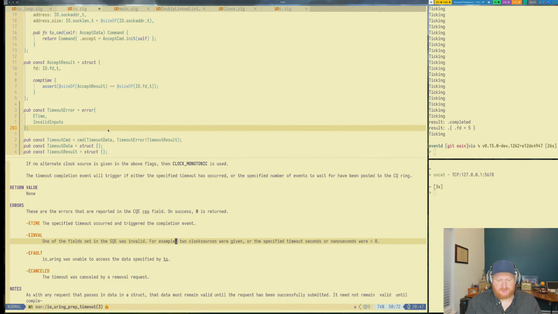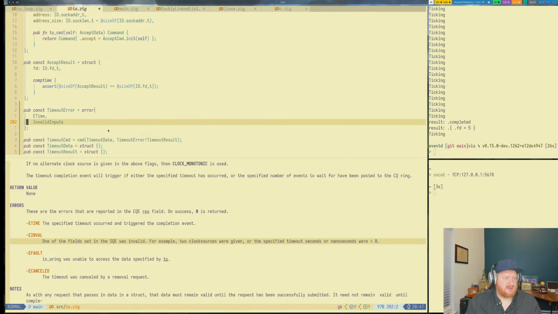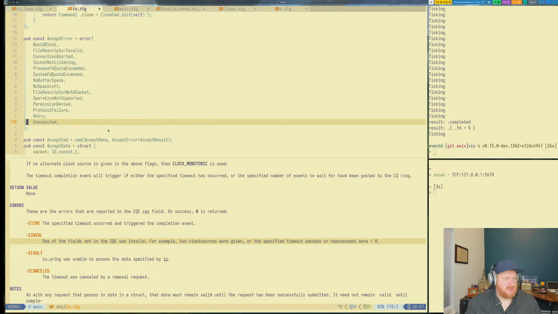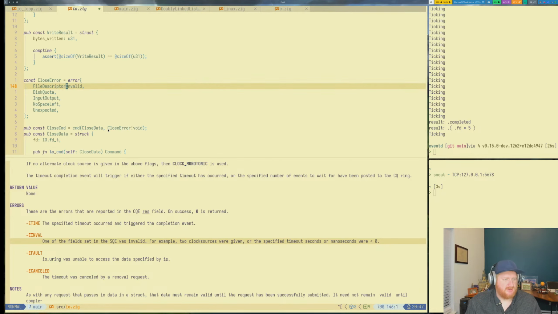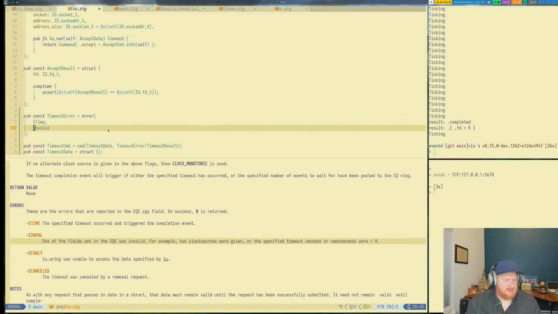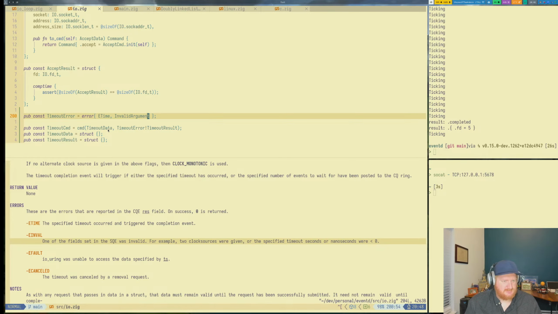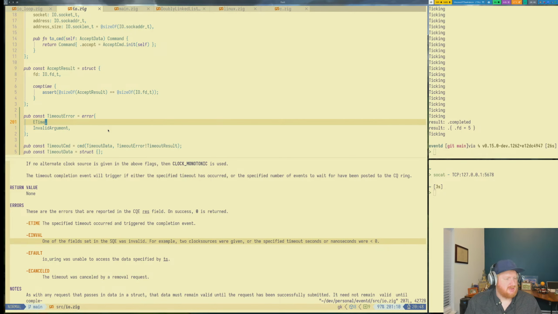Two clock sources can notice specific timeout or now 6 or less than 0. Invalid. What did I do above for invalid? Did I do anything specific? Invalid argument. I mean, that makes sense. It's generic enough. So yeah, I think I want to get rid of e-time, and then